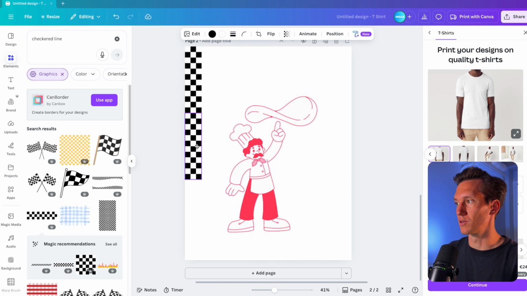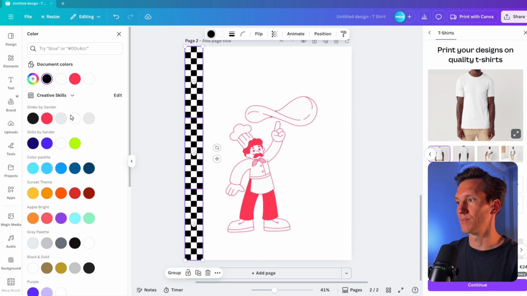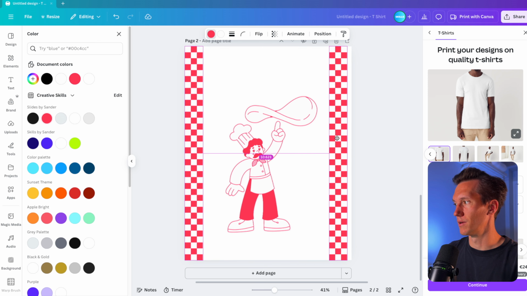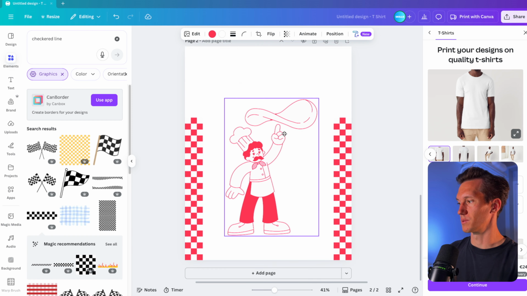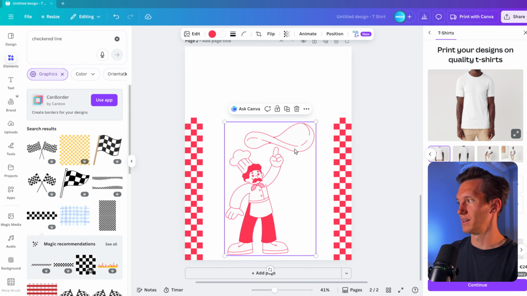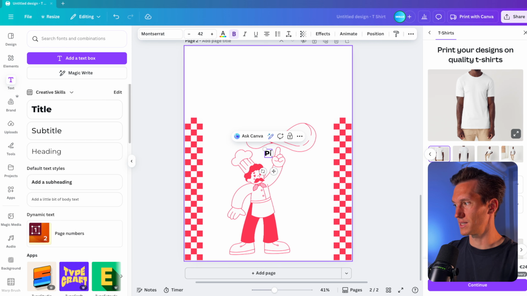I'm going for this one, and I'll show you also how to create a different version. So I'm going to just copy them a few times, group them together, increase them and give them that same red color. I'm going to put that on both sides. Maybe let's take off the top ones so we can position our man in between and create some nice text on top of it. So I'm going to type in pizza,